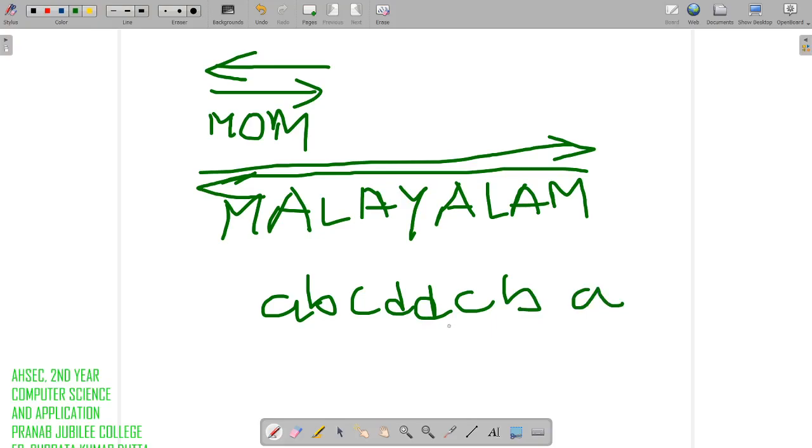So those characters or words which, when read from left to right or right to left, spell the same, those strings or words are called palindrome.